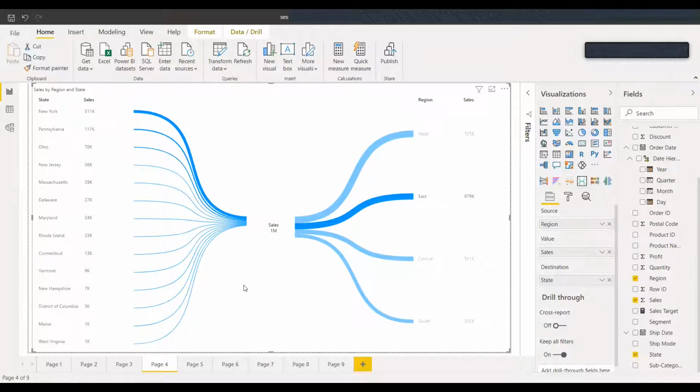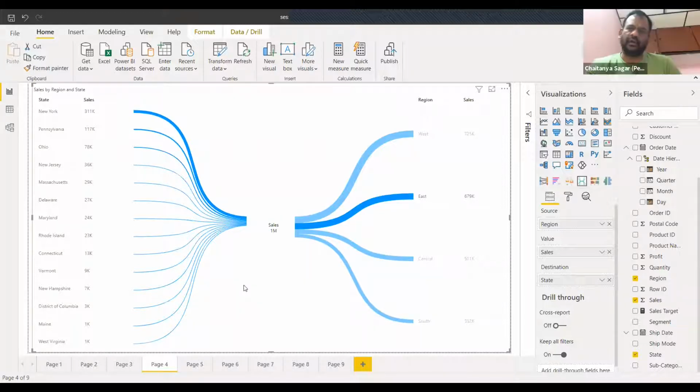Somewhat similar to what Saya said, like from region to state, instead of that, from year to months. We have a couple of years across instead of region, and if we have months across year, once you tap the year, you can see how the sales has been distributed across the months of the particular year. I thought of that. Okay, got it.